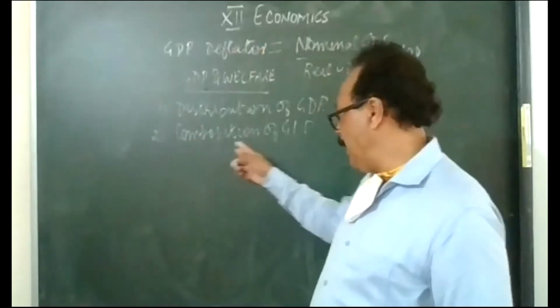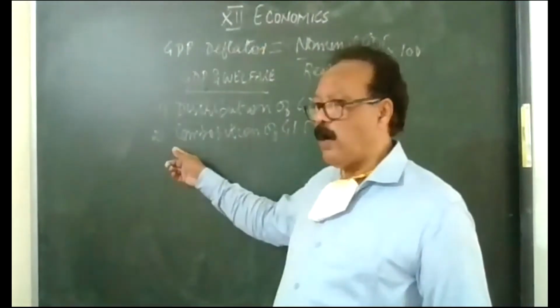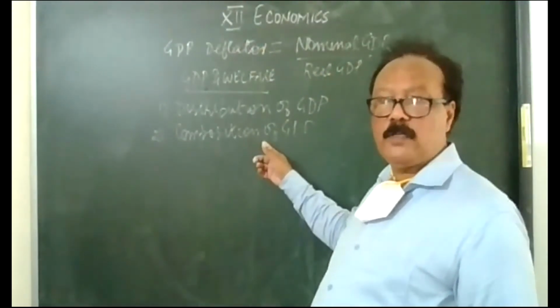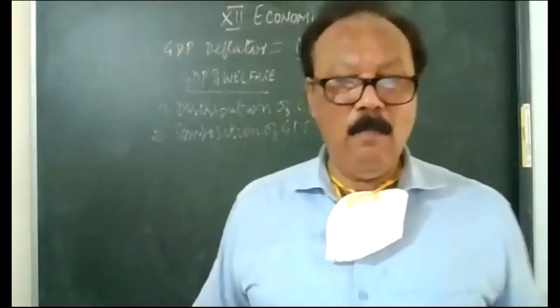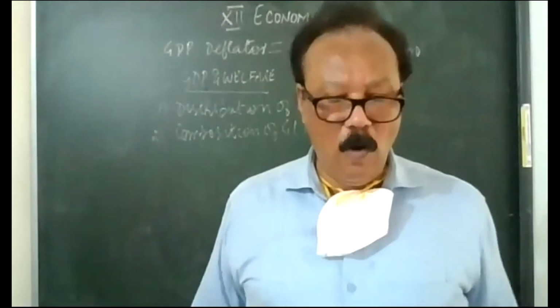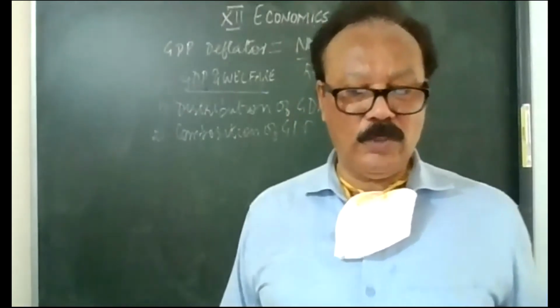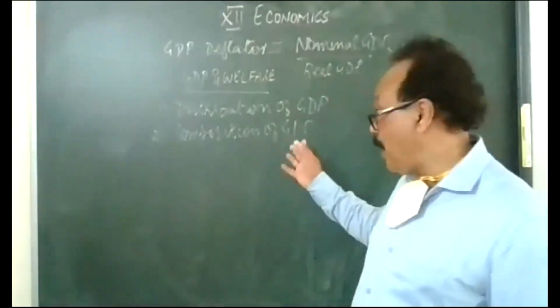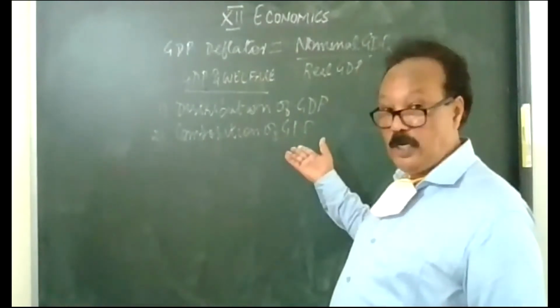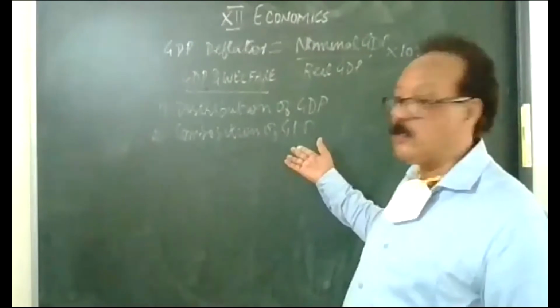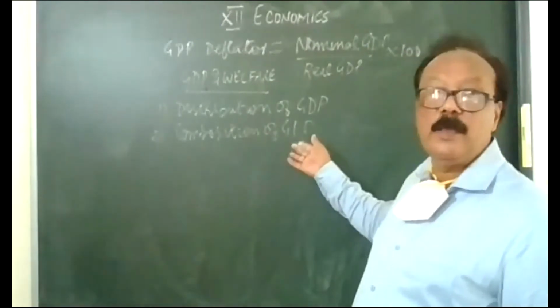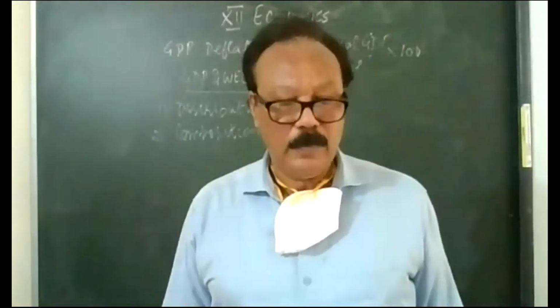So, when we calculate the GDP, what was the GDP made up of? What was the main contribution? Was it because of more warlike goods, or because of non-socially desirable goods, the drugs, which increase the GDP? It does not increase the welfare of the economy. So, what the composition of the GDP is, is very important.